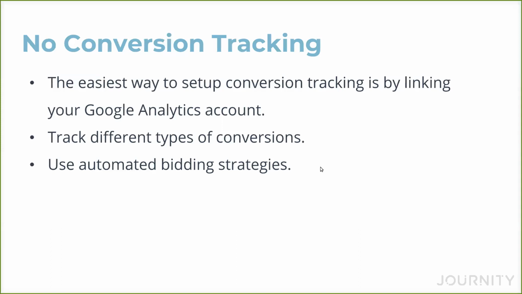It does take a little time to ramp up, so you should start probably with manual bidding or a bidding method to get clicks, because in order to automatically select the people that are most likely to convert, you have to have some baseline of data and conversion data. So start out with manual cost per click,